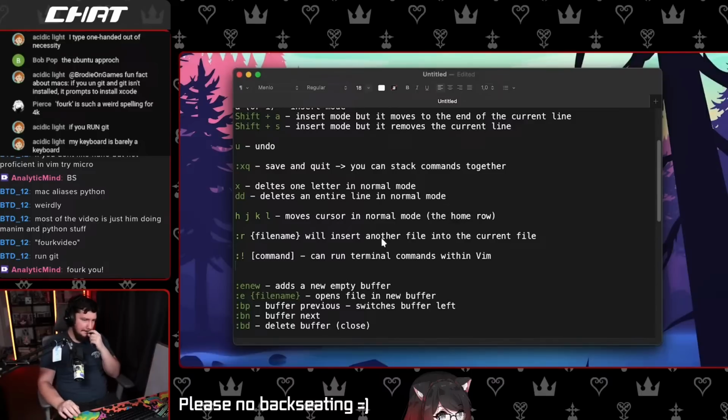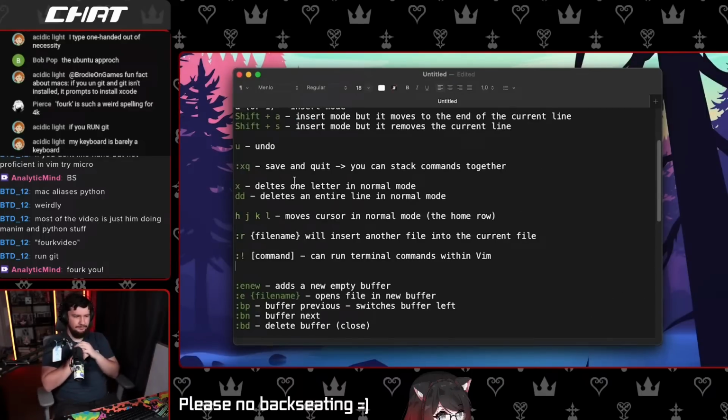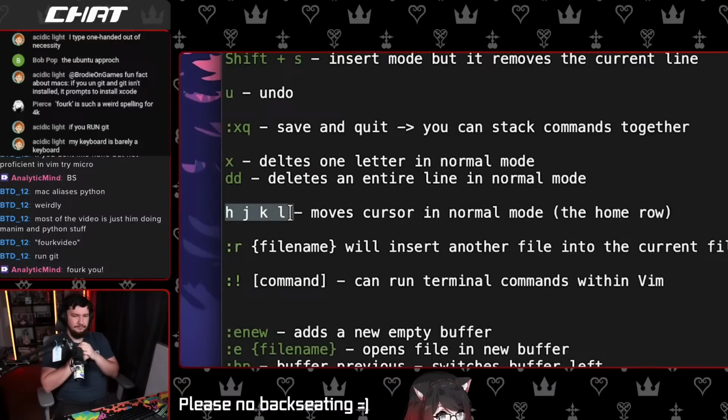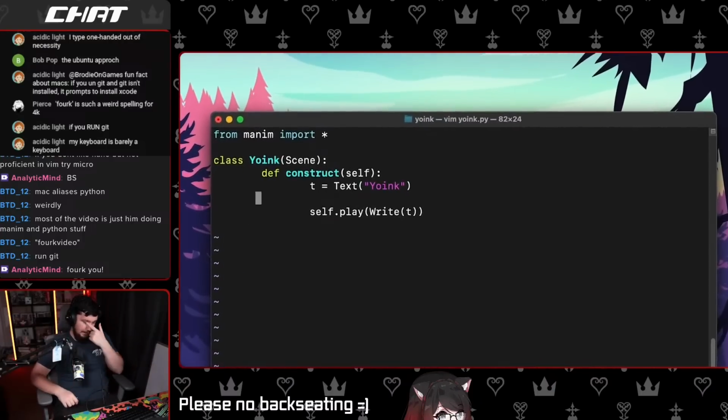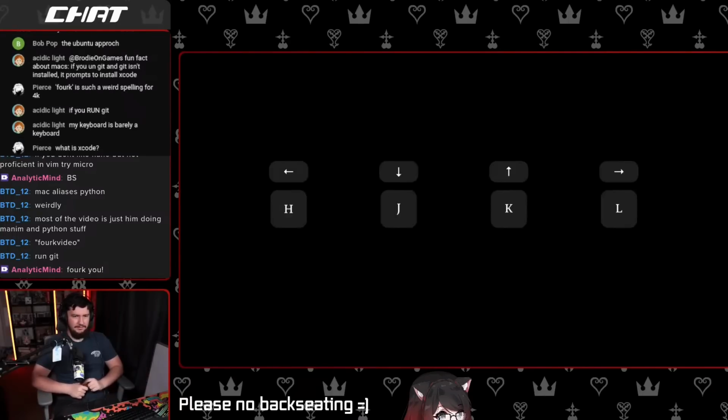Use any of these keyboard shortcuts. So that was that. Let's go back into the editor and explore some more of these. We have H, J, K, and L keys, which move the cursor in normal mode. The first time is absolutely confusing because H goes left, J goes down, K goes up, and L goes right. They're all placed horizontally on the keyboard. Now, why would you want to do this with these keys instead of the arrow keys? There's a good reason for that.